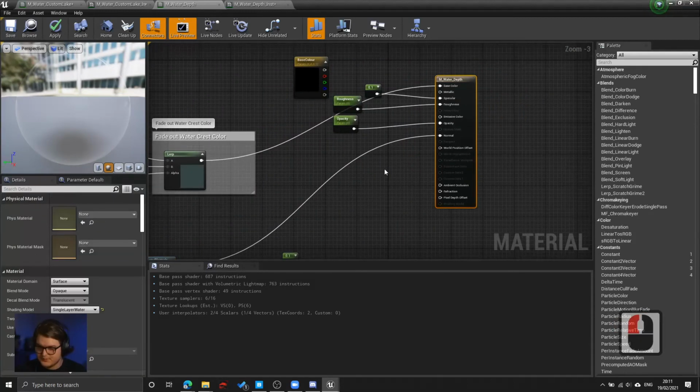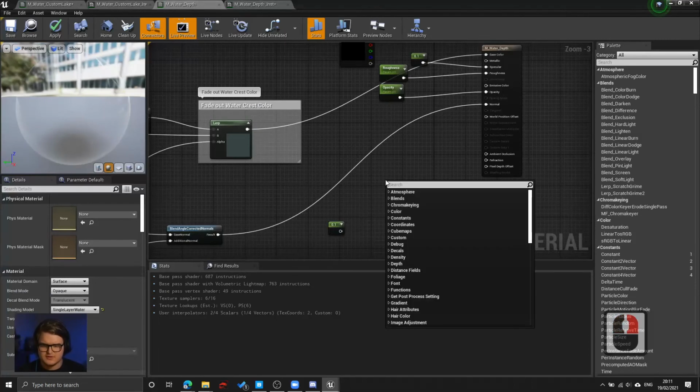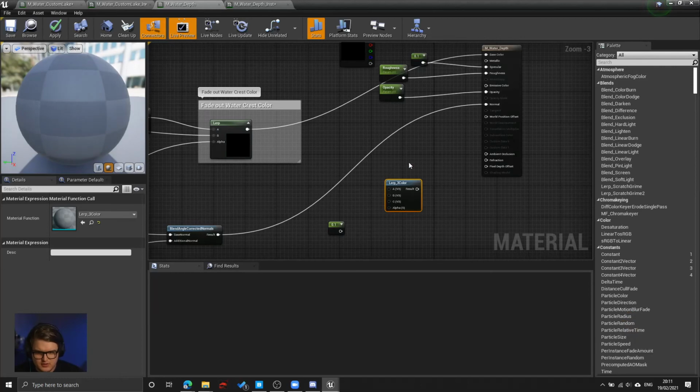coming into the normal. The last thing that I want to do before I test this out is add a normal adjustment, just so that I can reduce the amount that the normal is applied if necessary. Rather than copying it from my lake, I'm just going to go through the process one more time because reinforcement is always great. So I'm going to add a lerp node. Oops, that's not what I meant to do. I'm going to hold down L